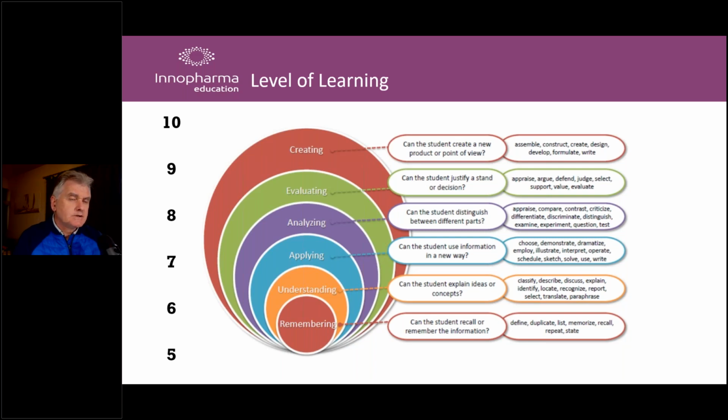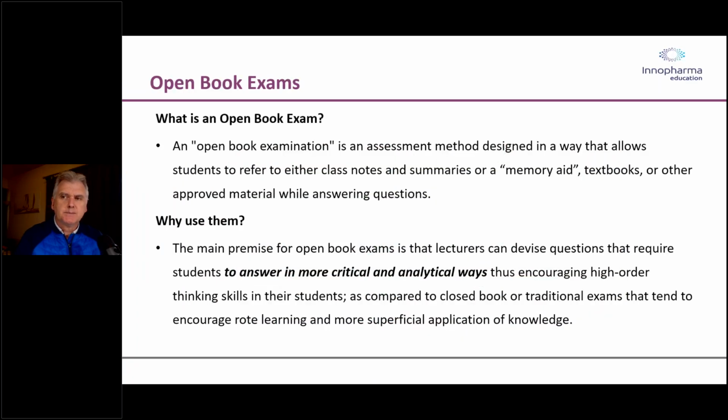I deliver modules around Lean and Six Sigma from level 6, for example, all the way up to level 9. And in some cases, I'm using similar materials. In some cases, I'm talking about the same principle. I'm talking about lean principles, or I'm talking about cause and effect. But the level that I'm going into is much deeper as you go up along. So that's a useful background, and most of you may be familiar with that, but it's important